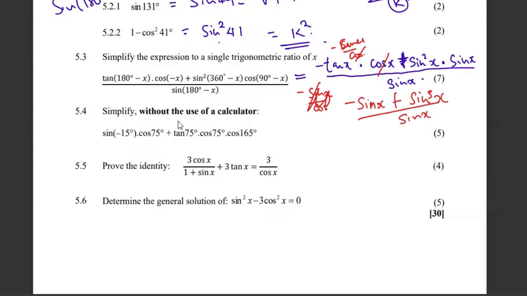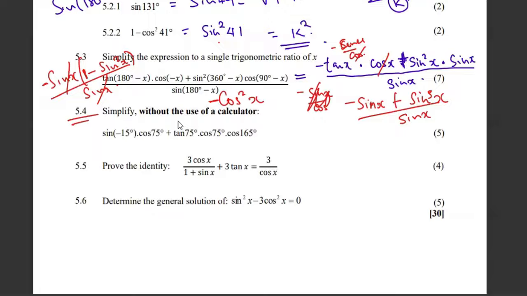Let's take out the sine x. We shall be left with, why don't we take out the negative sine x so that it is 1 minus sine squared x over sine x. So this cancels that. We know that 1 minus sine squared gives us the cos squared. But since there is a negative, then we end up with a negative cos squared x. All right, then 5.4,